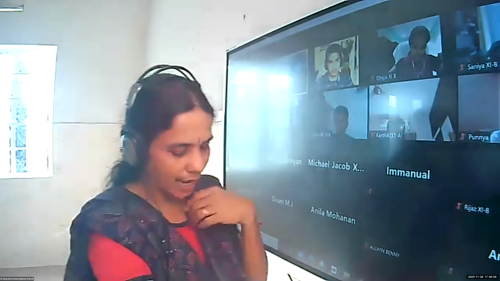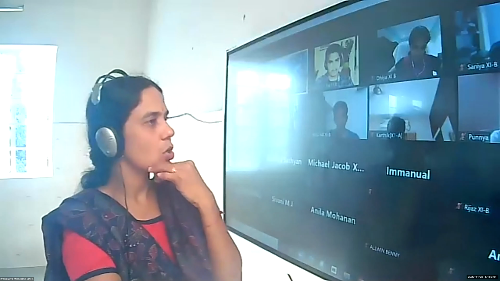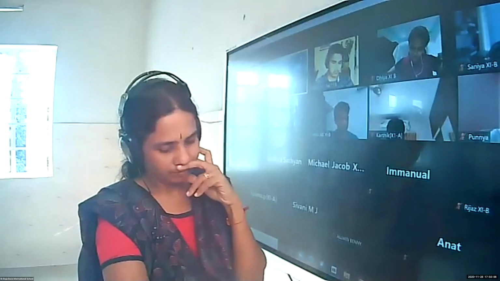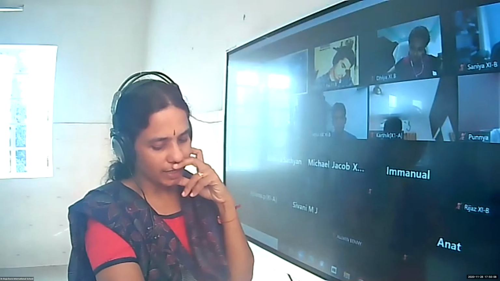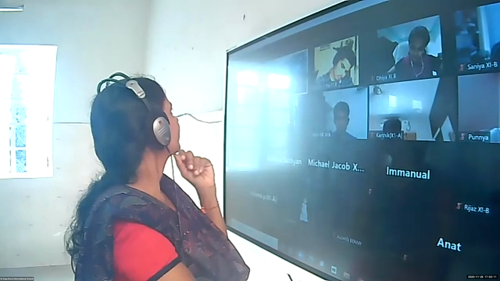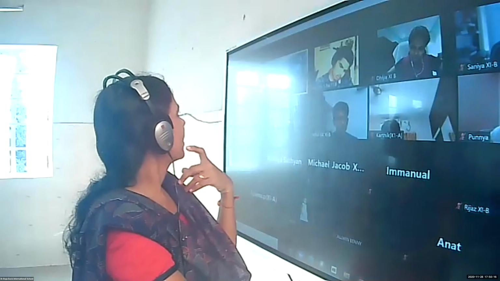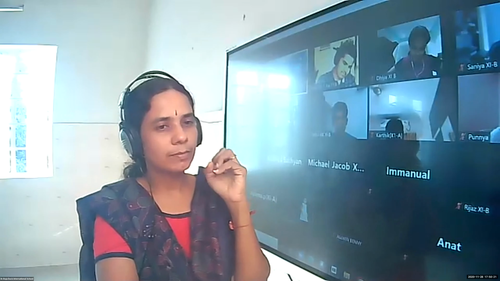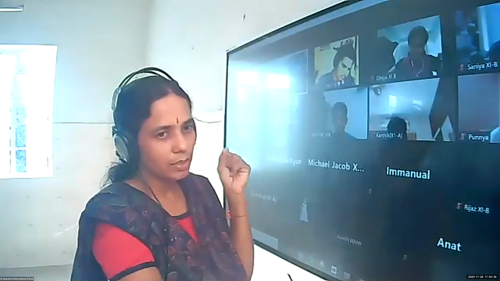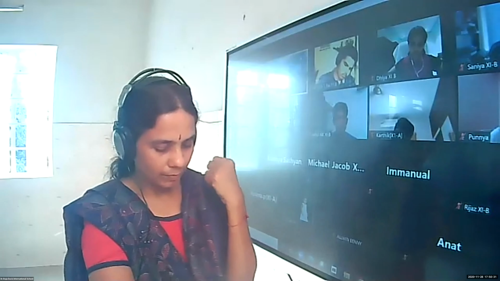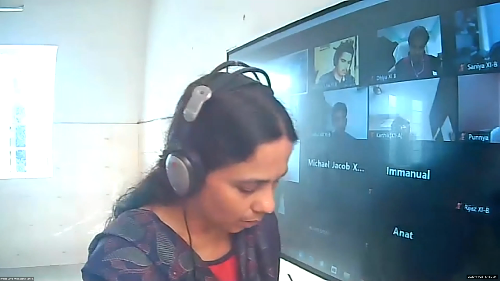Look at the next one. A and B are mutually exclusive and exhaustive. Is it true, Aishwarya? Yes. Why are we saying it is exhaustive events? Because the union is the sample space. When you take the union, if you get the whole sample space, we call it exhaustive events. Next, third one. A is equal to B dash.